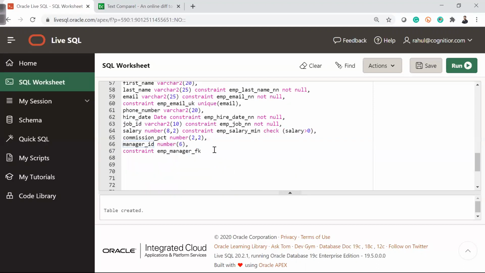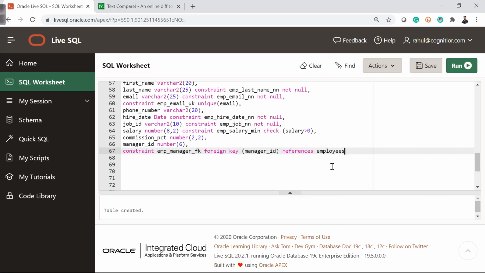But what I am trying to do is foreign key manager ID references. You will say let's apply department. No, I will apply employees only. Now you will understand that later on.